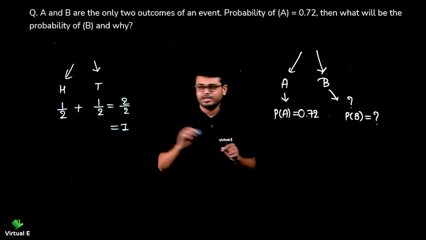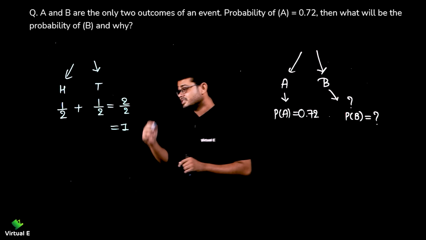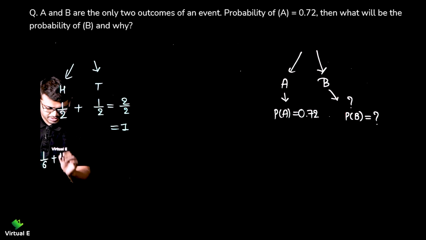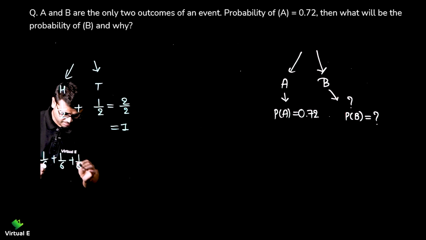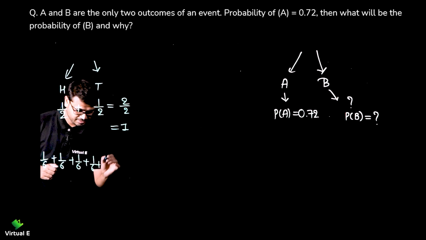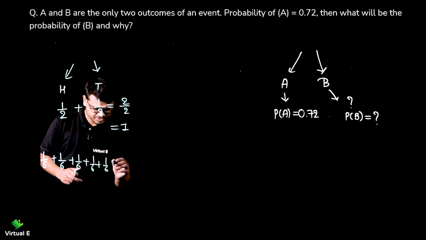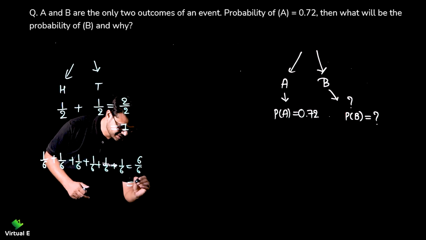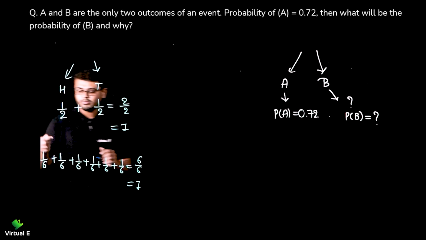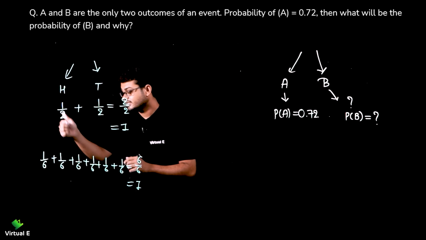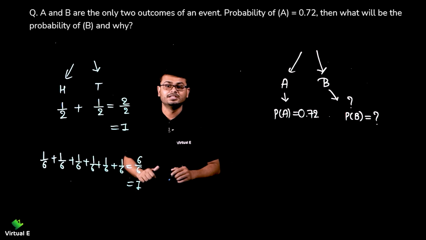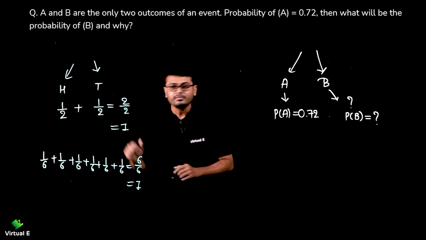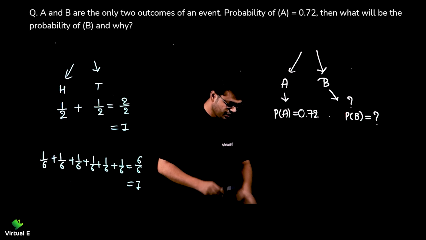That's very easy, but you need to understand this concept very well. Same we can do for the die as well, that is 1 upon 6 plus 1 upon 6 plus 1 upon 6 plus 1 upon 6 plus 1 upon 6, almost 6 times. One more time, 1 upon 6 six times will give you 6 by 6, that is 1, right? Probability of getting number 1, then 2, then 3, 4, 5 and 6, that will give you answer 1. So that is this property we are going to use to solve this question.